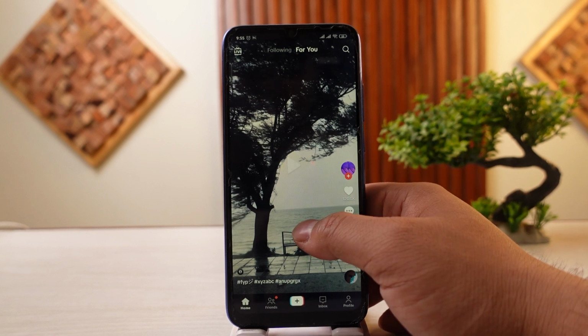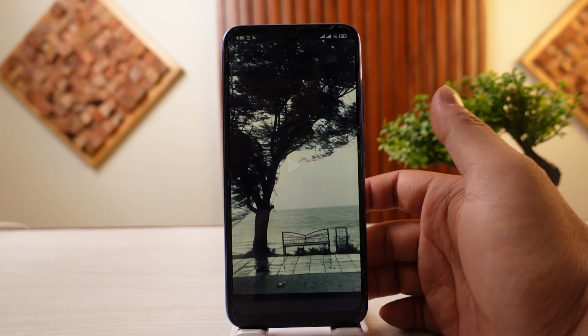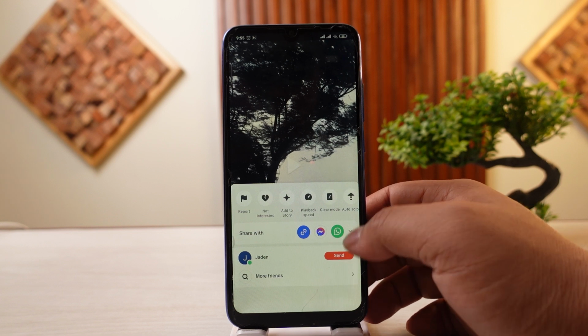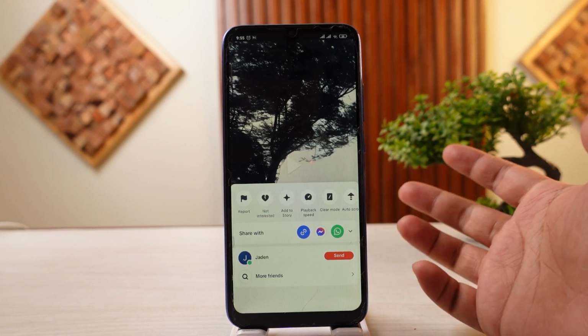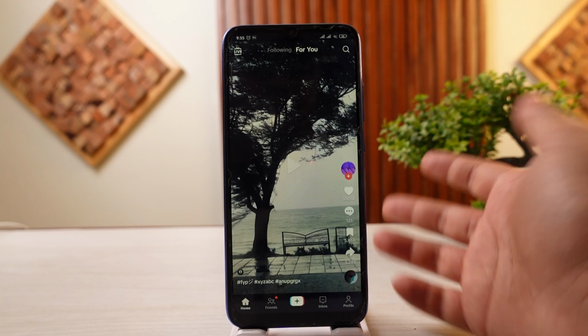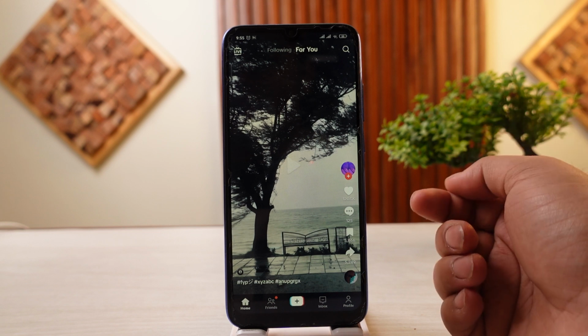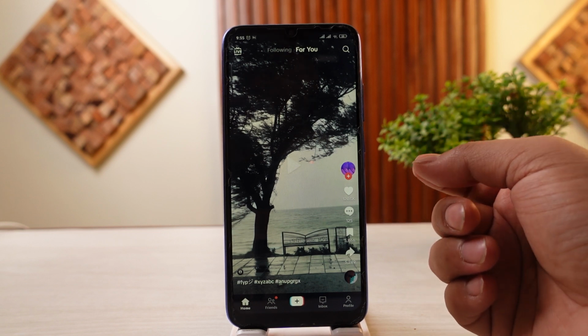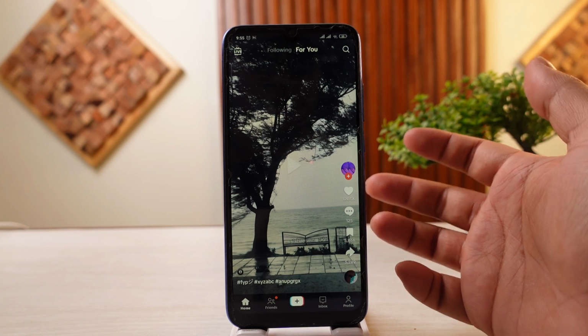Whenever you tap and hold a particular video within the TikTok app, you should be able to see the option of repost right here. However, if the repost feature is missing, that simply means that the creator or the user has disabled this feature. However, if you know that the repost option is available for others, because you've seen others reposting the same video and the issue is with you only,